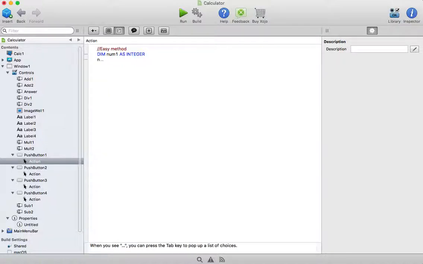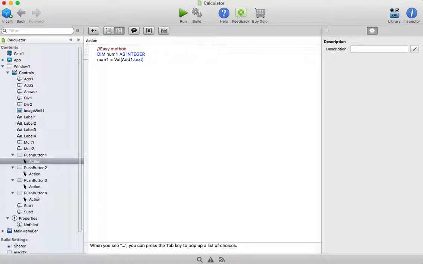So I want num1 to equal the contents of the information put into the first text box. Now, information put into a text box is going to be, by default, string information. So we want to turn that string information into an integer, store it as a number that we can do math with. So what I need to do is tell the computer that I want the value of whatever is put in